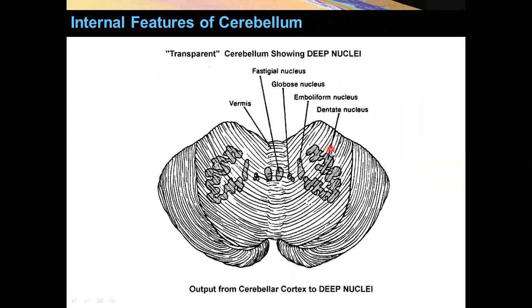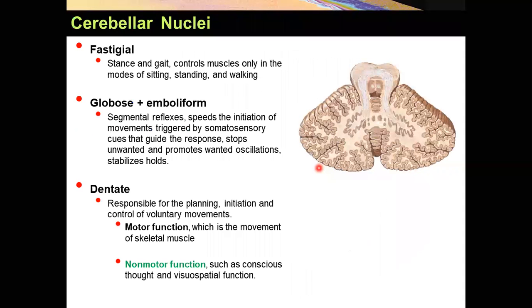Okay, the same dentate nucleus from outside to inside. These are the deep nuclei of the cerebellar cortex. From outside to inside: the dentate nucleus, emboliform nucleus, globose nucleus, and the fastigial nucleus. These are the deep nuclei of the cerebellum. Okay? Now here you have the interposed nucleus. Now the fastigial nucleus